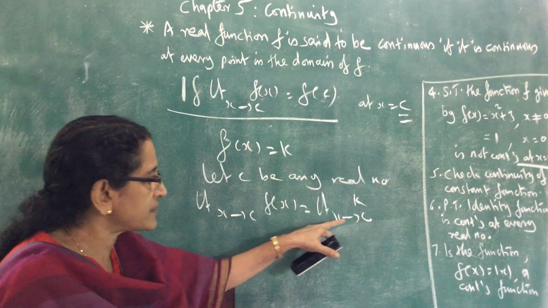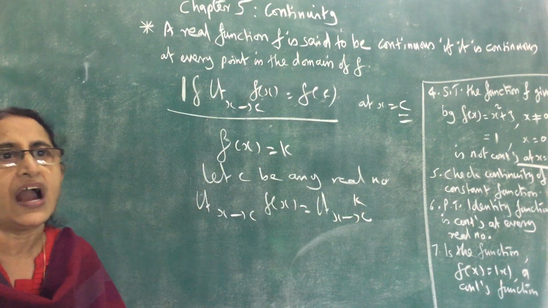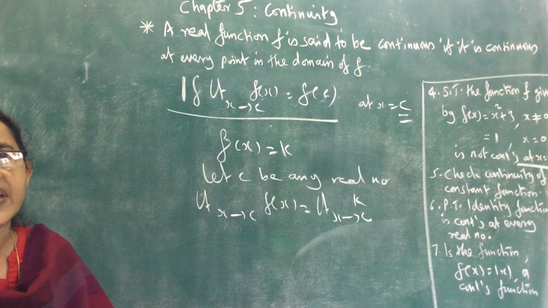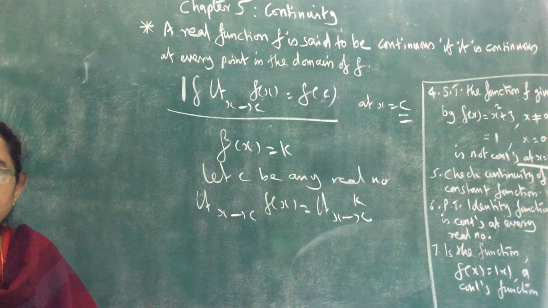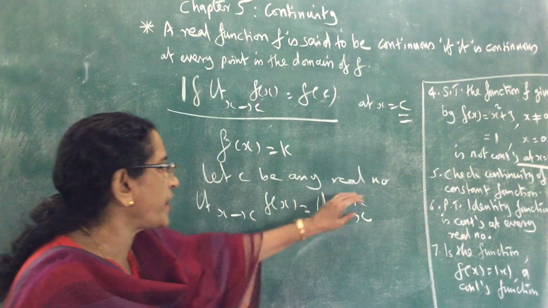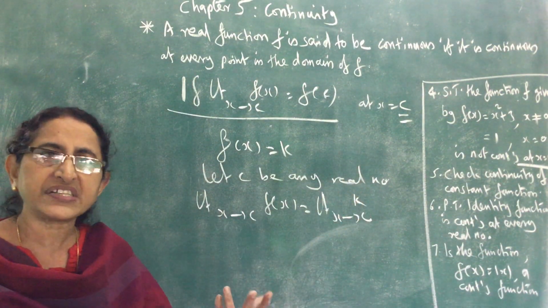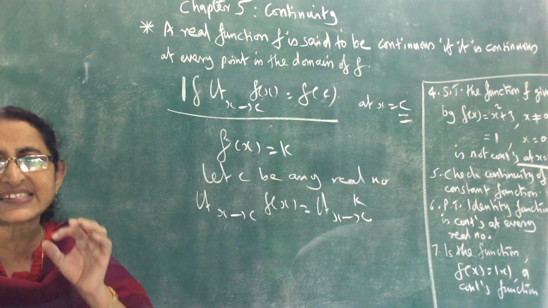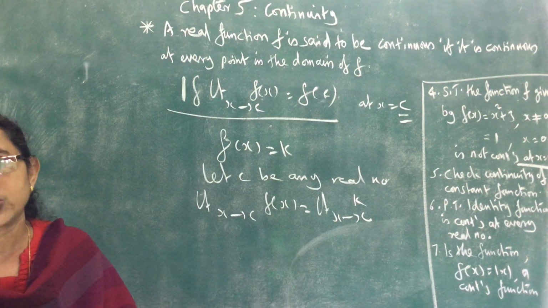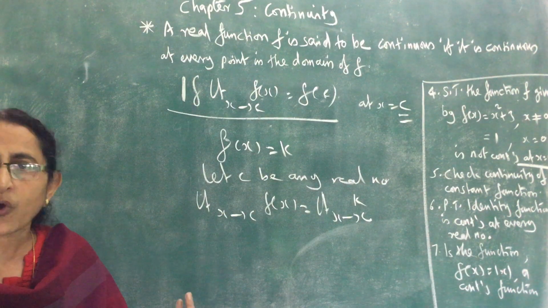Now what is limit x tends to c of k? Now, evaluation of the limit. How do we find the limit? The first method is to substitute in the place of x. Here there is no x, only k. k is a constant, which means we can take it outside. Only if there is x do we have to substitute. But here there is no need to substitute, k is a constant.